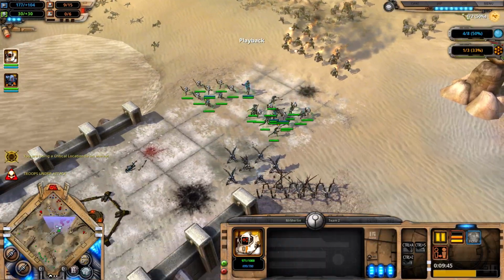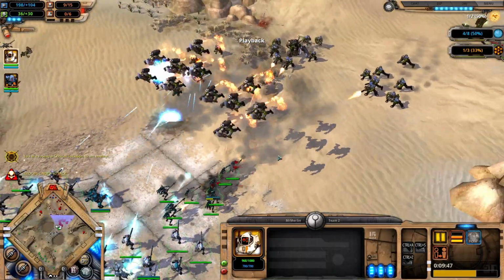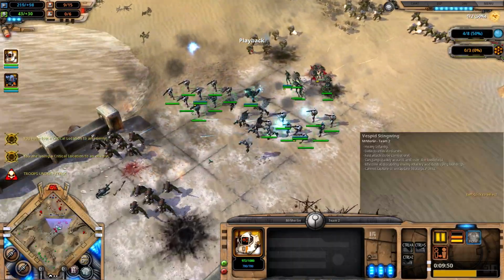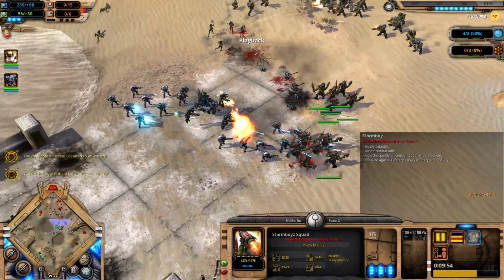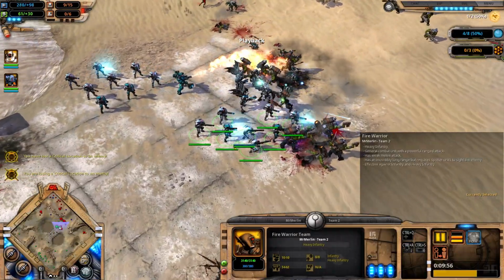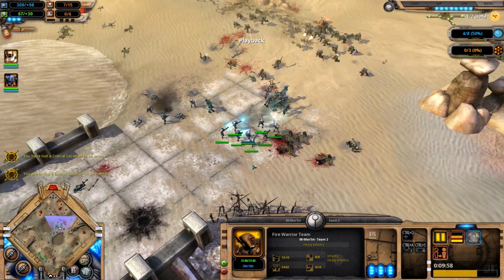Or maybe not. Just going to be falling back a little bit. Don't want to fight in the range of his turrets. But we see the Stormboy squad's going to be jumping back and forth. What are they doing? Jumping back and forth, trying to get on top of the Fire Warriors. And we see there